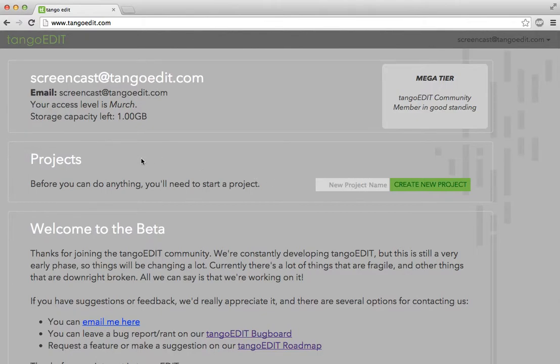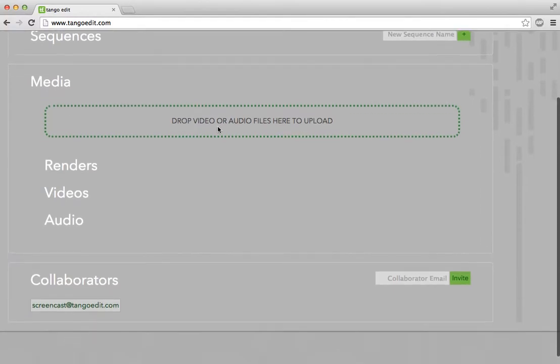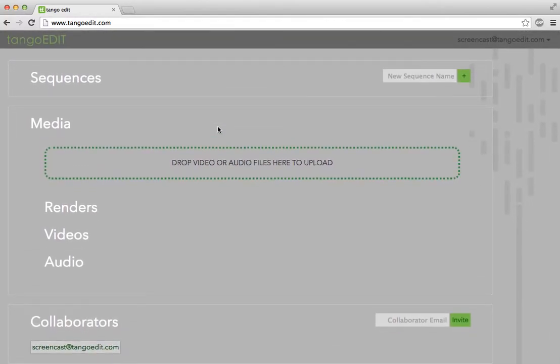And let's, without any further ado, make our first project. So, hello world. Create that, appears right in our list, so then we go into there, and here we have a very plain project main screen. We haven't made any sequences. The only collaborator we have at the moment is ourselves, and we haven't got any media,